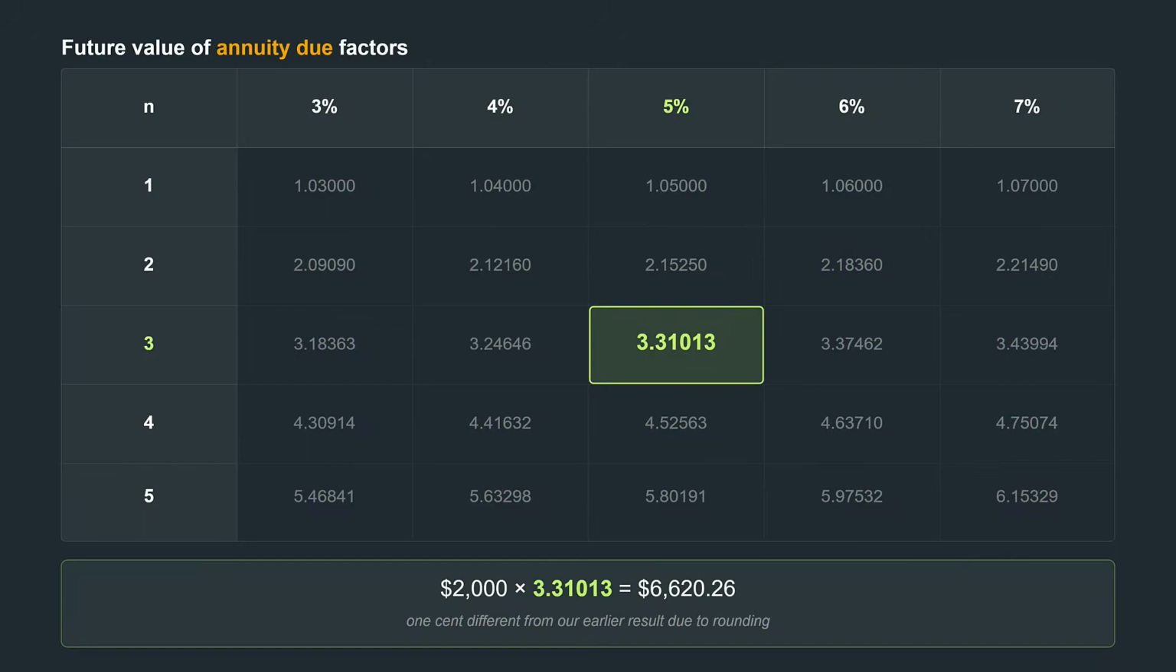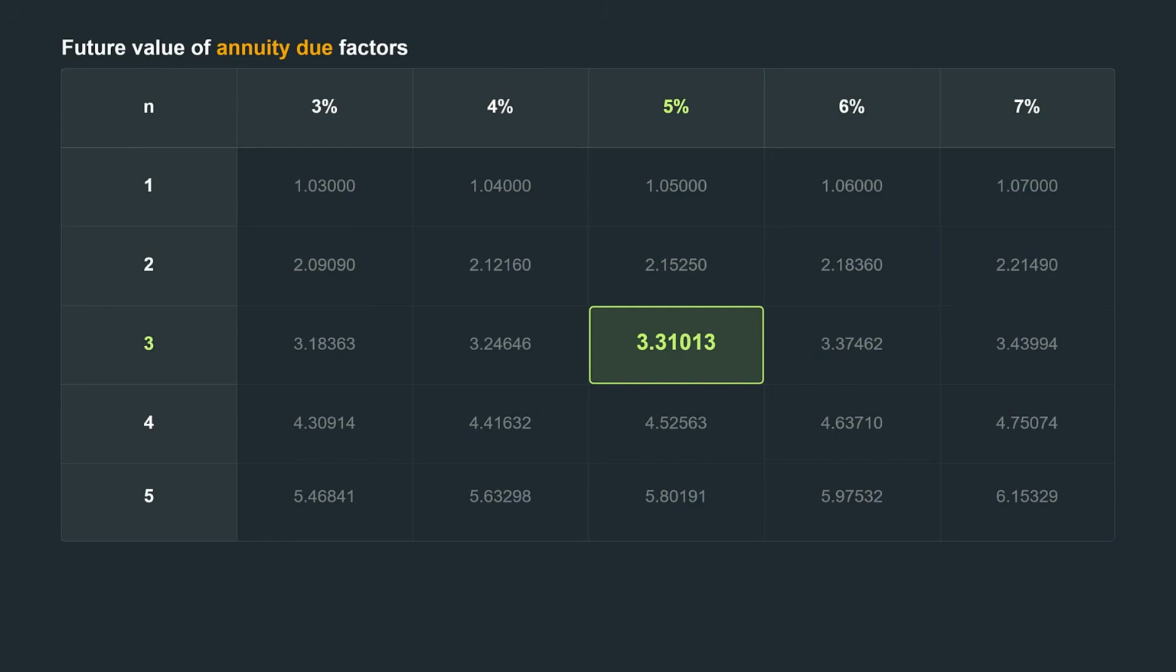However, they do have limitations. The table is only useful for the specific interest rates and periods listed, so it wouldn't help us if the rate were 4.5% or anything not shown as a column. It's also important to recognize that the values in the table are not arbitrary. They can be derived directly from the compounding logic we've already covered. For our annuity due example of 5% interest for 3 periods, the factor shown in the table was